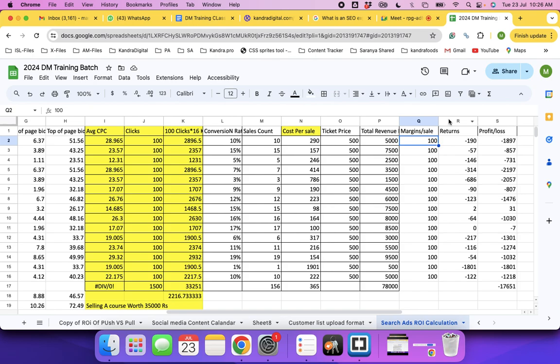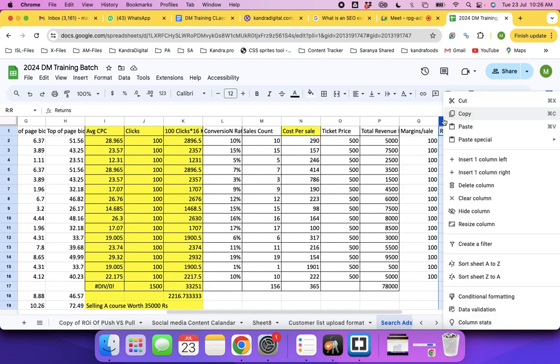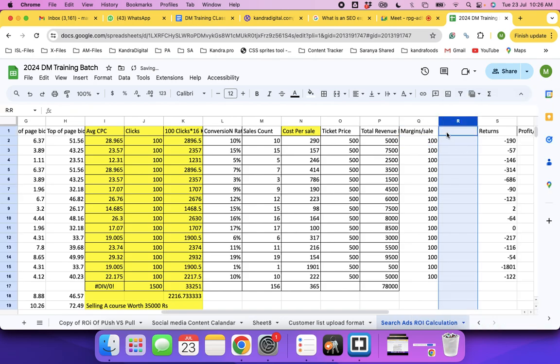It has to be okay. The per sale we have put per sale, so for 10 sales it's going to be 100 into 10, it's going to be 1000. So now for 10 sales, it will be 1000. Per sale, 100 rupees. So now returns we are calculating the total revenue made minus the spend. The total revenue made is 1000 rupees. So this is confusing for you. So total, not revenue, total margin